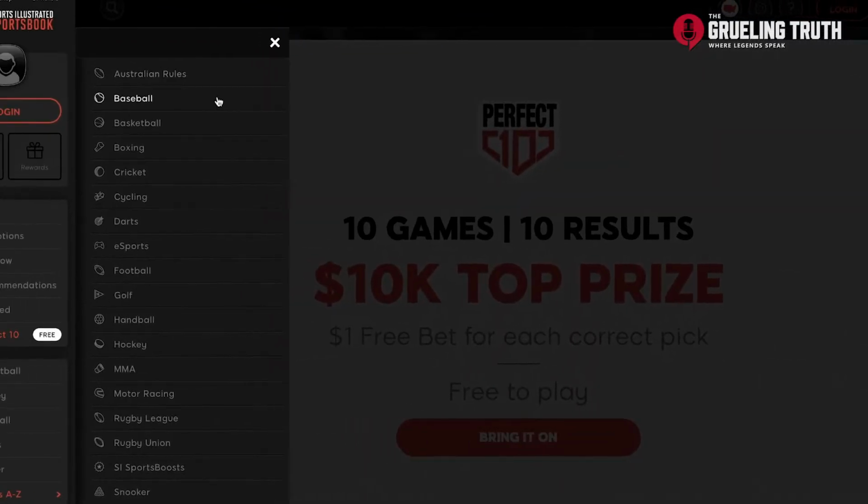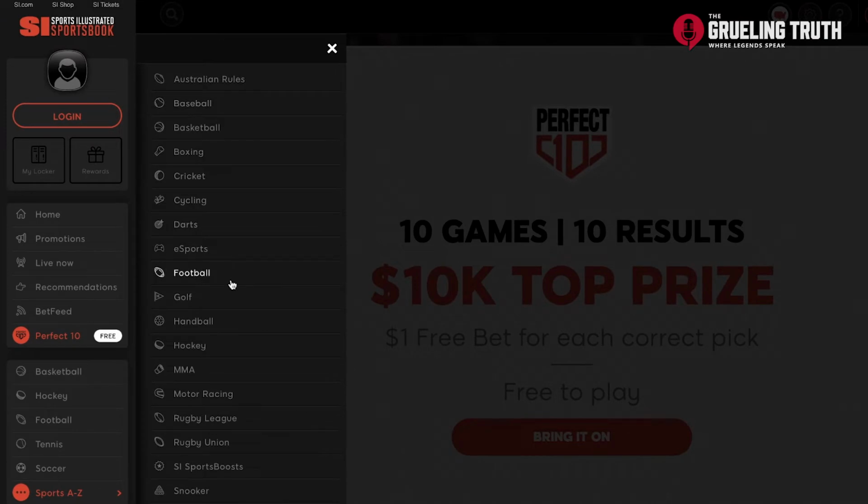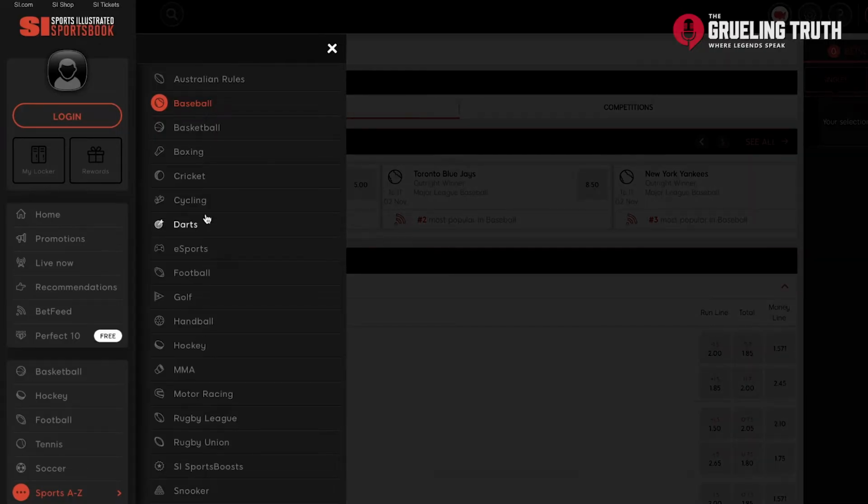Now, last on that left side list, you've got more of the top sports and a selection for all of their A through Z sports. The selection isn't too bad. Of course, they have all the main stuff, but they even have other things like esports and a ton of sports that are popular overseas like cricket, rugby, cycling, darts, and snooker, if that's more what you're into. Speaking of overseas, they have all the overseas leagues covered as well. We're talking Japanese baseball, European soccer, EuroLeague basketball, but what I find really weird about this A through Z list